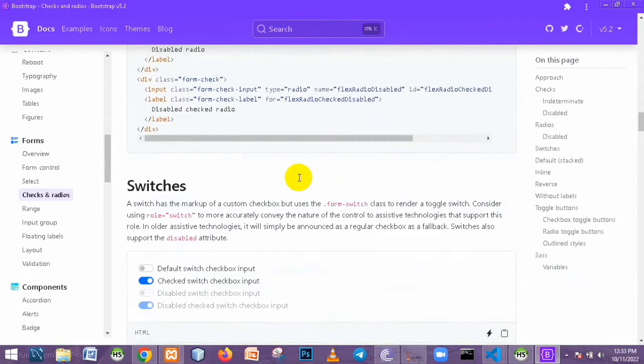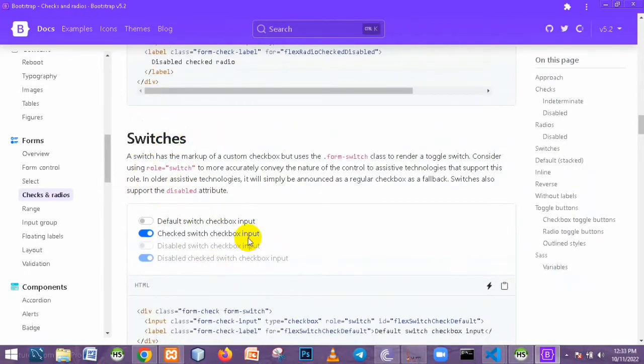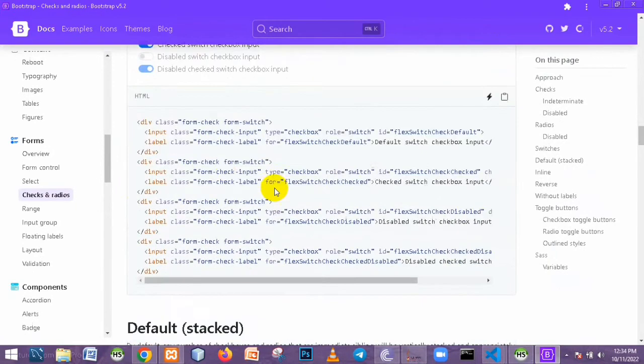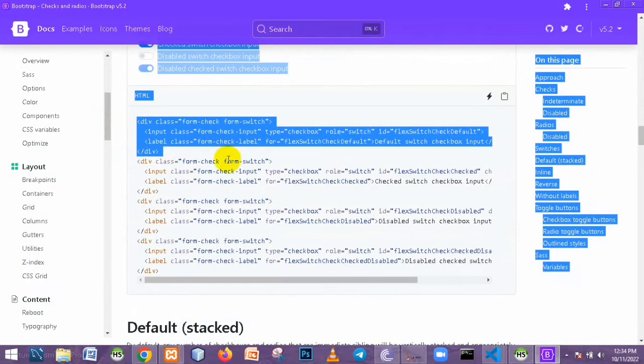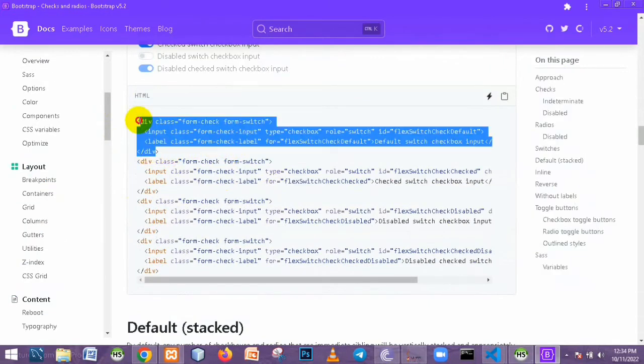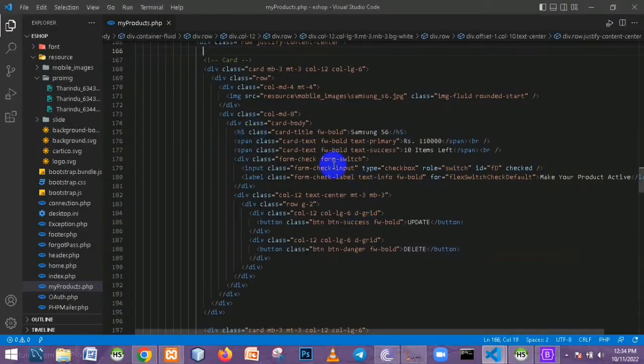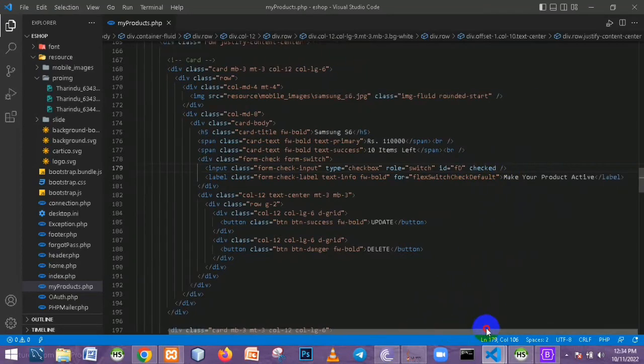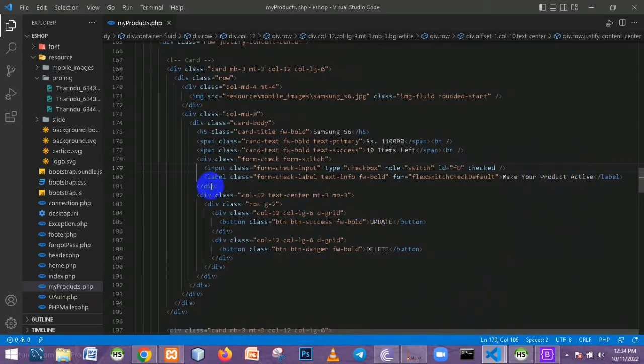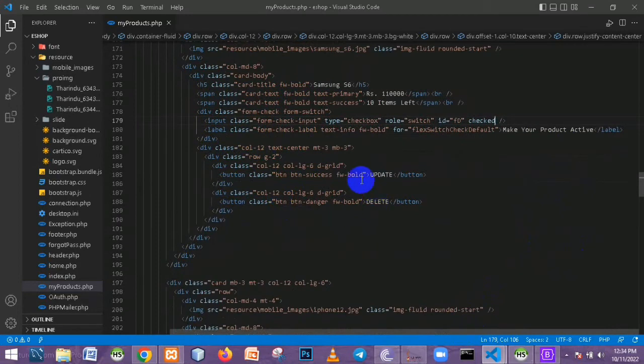Come to this page, and you can see there are switches here. We can get this default switch checkbox input. This is the code. So we can select this code, copy it and paste it below the card you added, and we can customize it. We have 10 items left of this Samsung S6 mobile phone. If we want it active, we add the checked attribute here, and I give it a label like "make your product active",